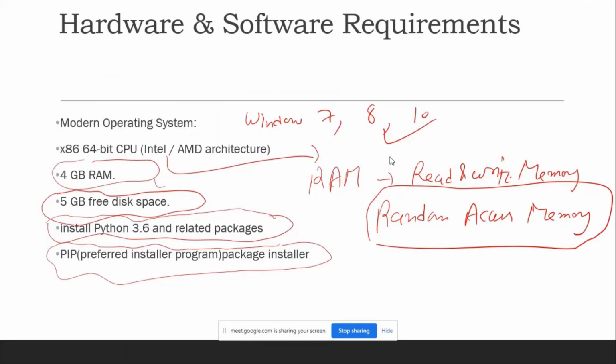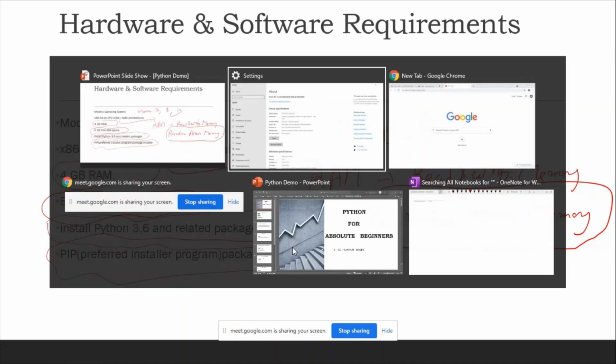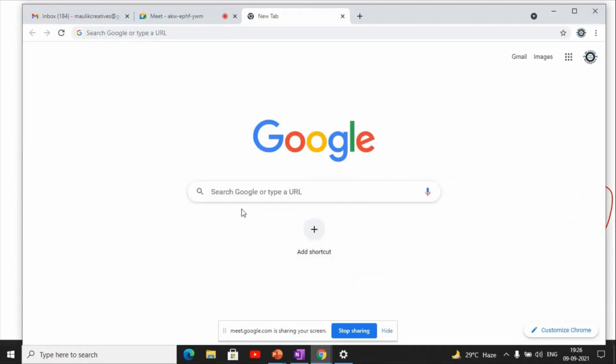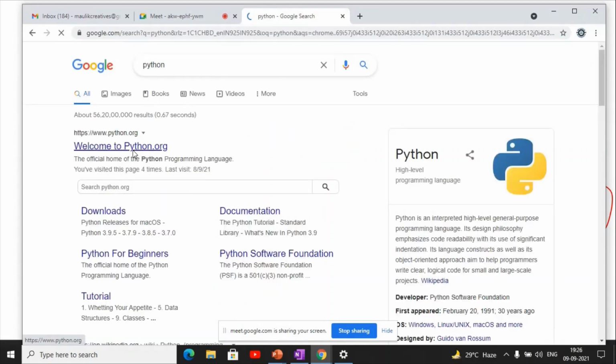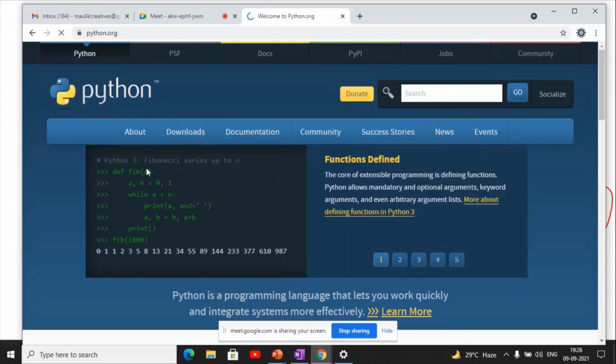And one other thing is how to install Python 3.6 and related packages. For that, go to the browser and just type Python. Once you type Python, you will go to the official website of Python, python.org. You can see the official website, then click on download.